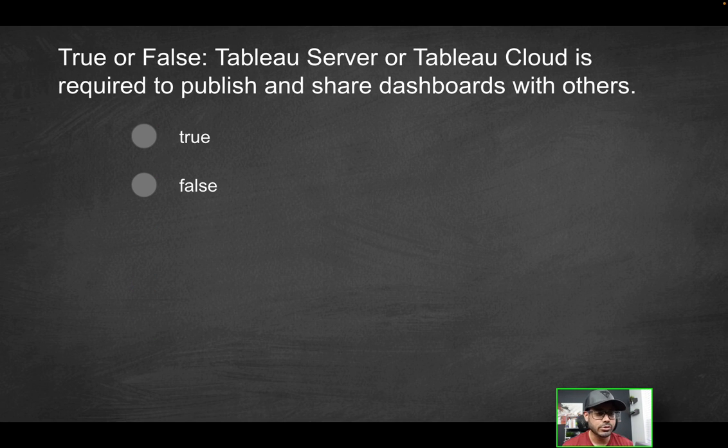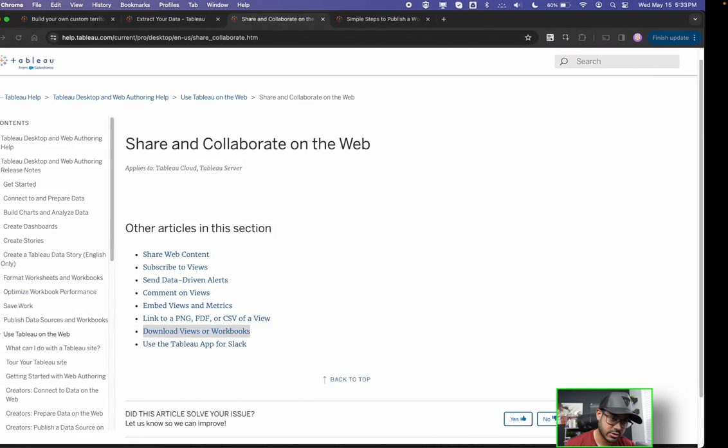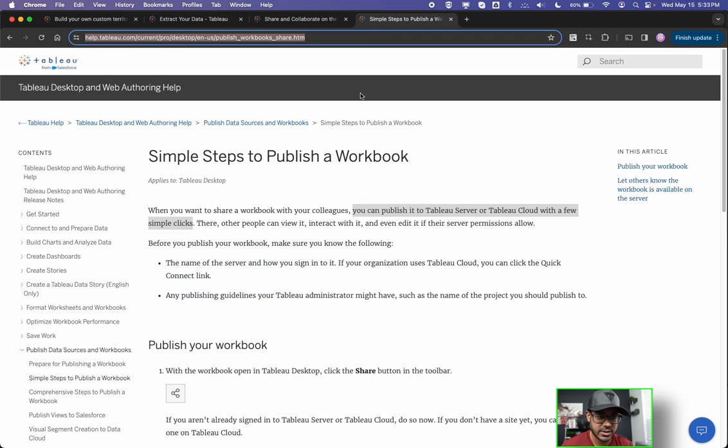Next question, true or false, Tableau Server or Tableau Cloud is required to publish and share dashboards with others. So yes, let's go back to another example from the Tableau documentation. It says simple steps to publish a workbook. And you will find here that it says you can publish it to Tableau Server or Tableau Cloud with a few simple clicks. Long story short, you can have Tableau Desktop, which is an application that you have installed locally